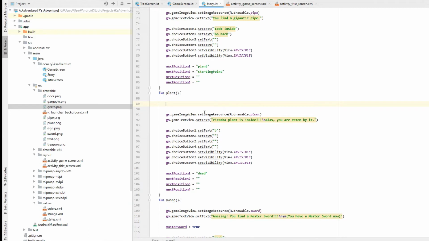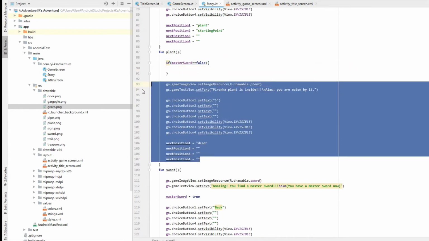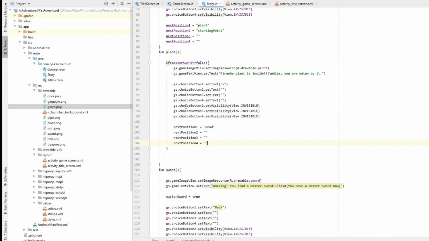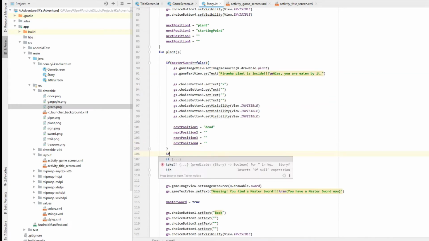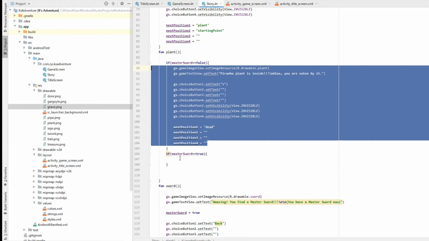So let's make an if statement. If master sword false. So if you don't have the sword, then yeah, you die. So let's copy this. But if you have master sword true, then you can kill this plant. So